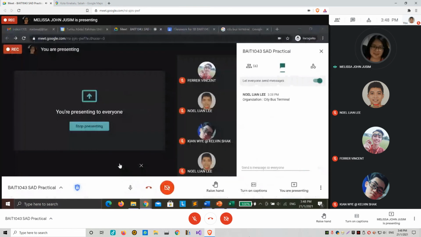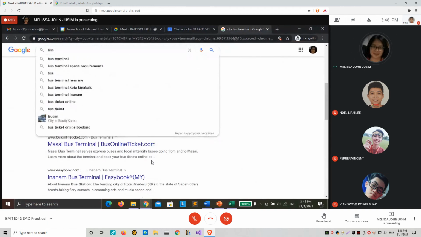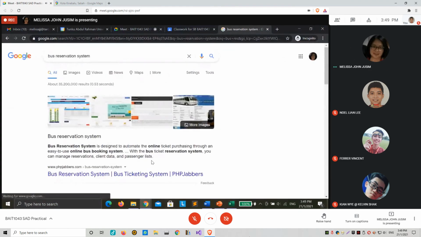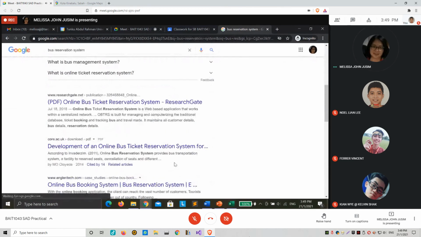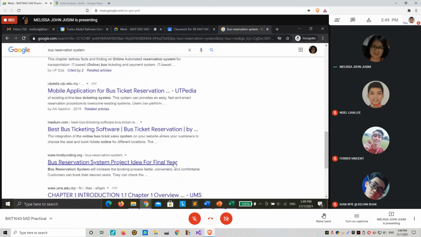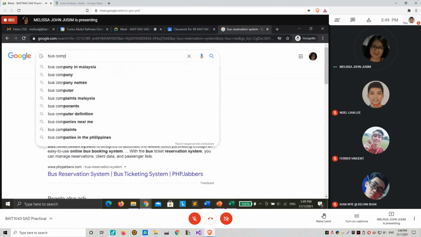You need to look at available online bus ticketing systems. Let me see. What should we type? Bus reservation system. Is there any actual one? What is the bus company in KL? Bus company in Malaysia.